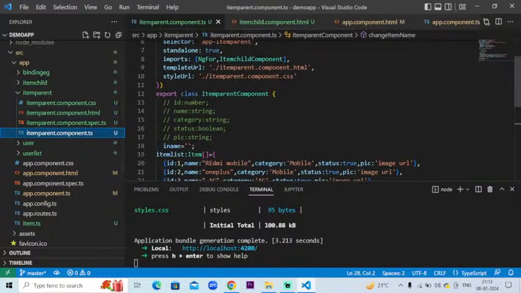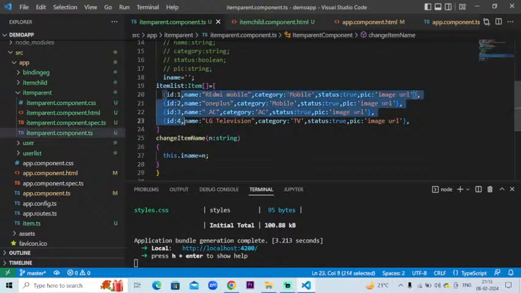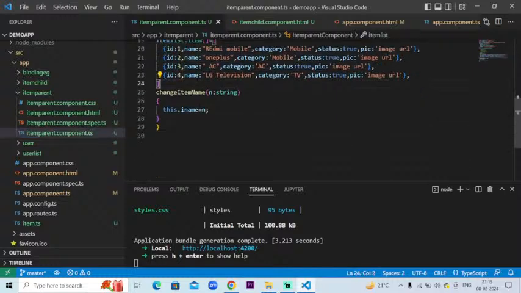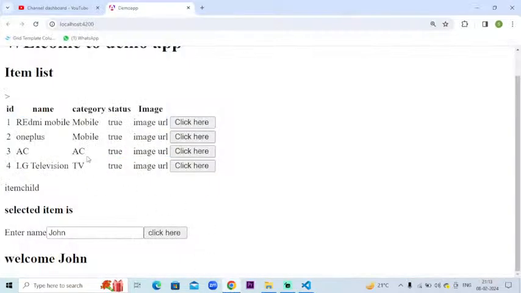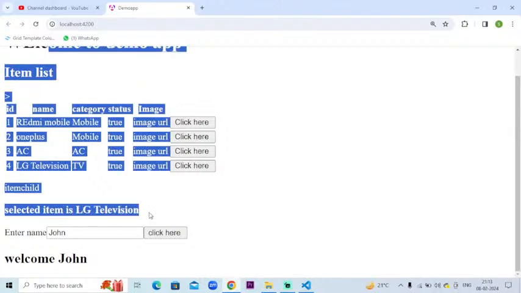Okay, if you watch the previous session, we worked on all these things. Okay, so this is a thing, and after that what you are doing is, yeah, from here all the things are coming, and when I click, the selected item is coming by using the